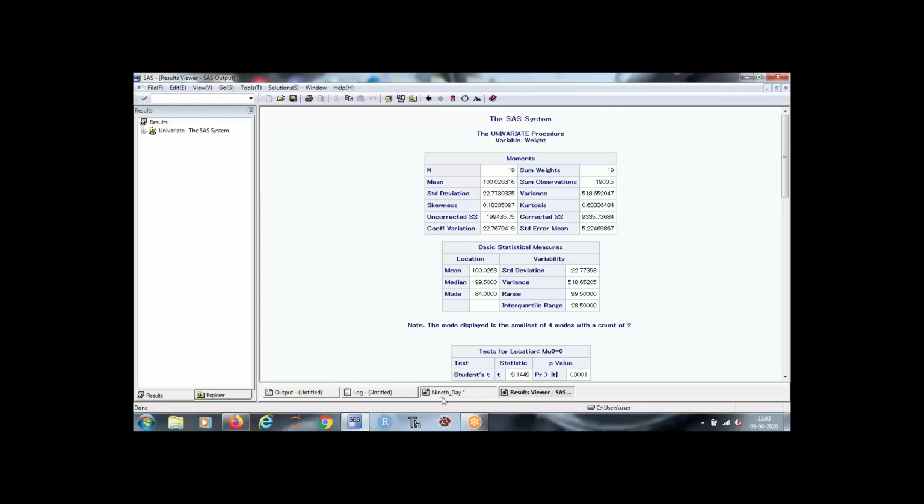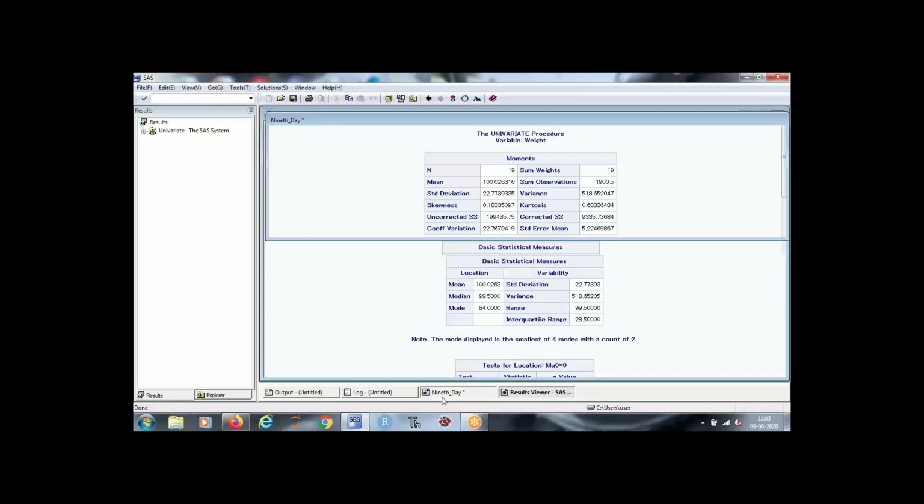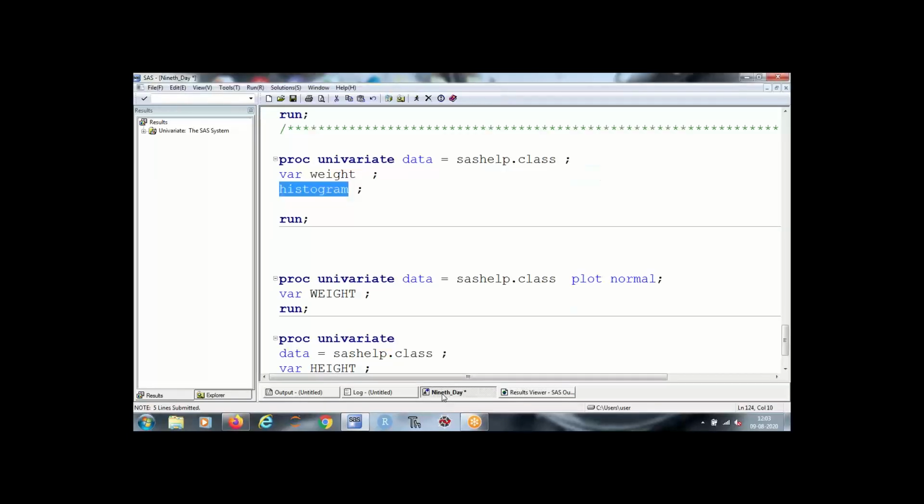All right, simple 3 lines of code and a detailed analysis of your variable.